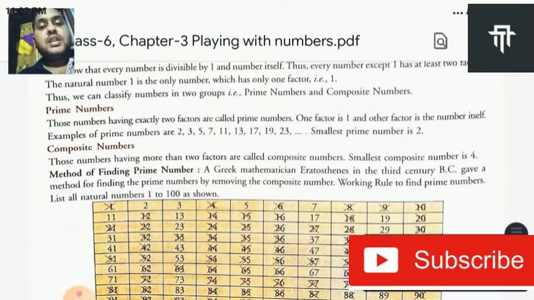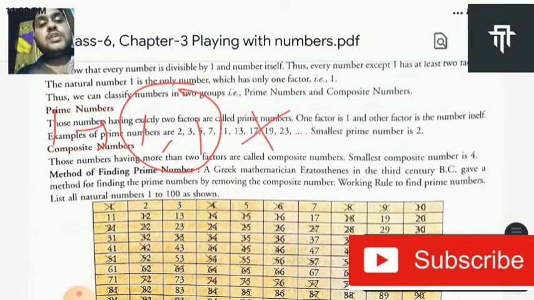So start with 1. 1 is a number which is divisible by 1 and also divisible by itself, and itself is here 1. So 1 is divisible by 1 and itself, so is it a prime? No, it is not a prime. Why is it not a prime? Because 1 and 1 means both the factors are only 1. So we cannot count it as two numbers. These are not two different things, these are only one thing. So 1 is not a prime number.